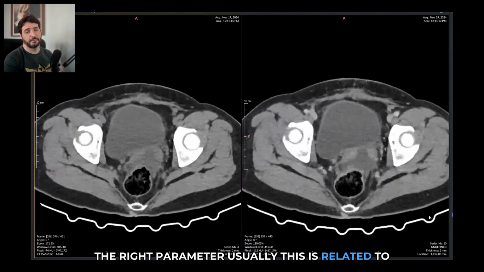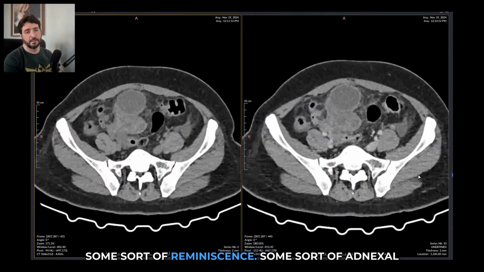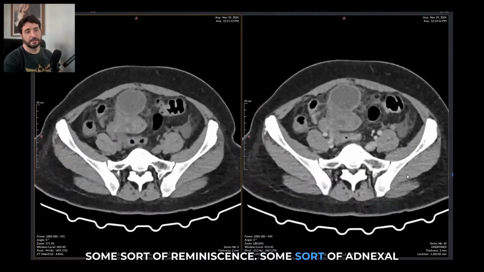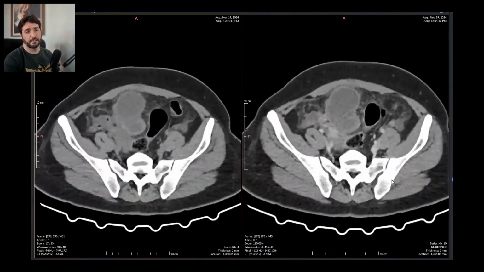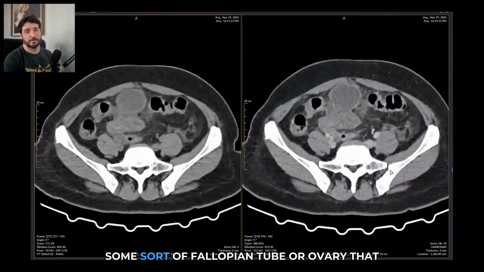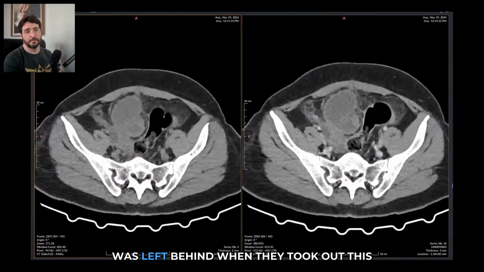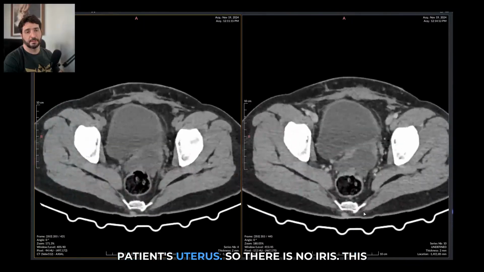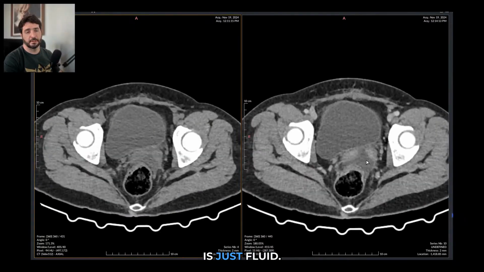Usually this is related to some sort of remnant, some sort of adnexal mass, some sort of fallopian tube or ovary that was left behind when they took out this patient's uterus. So there is no uterus, this is just fluid,